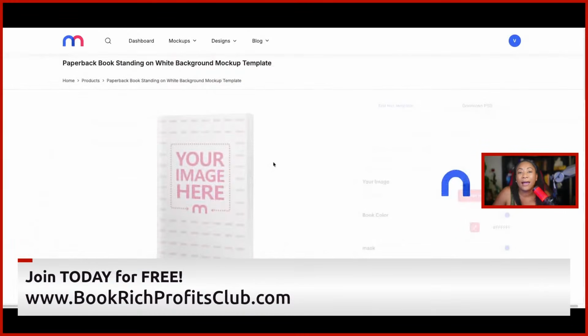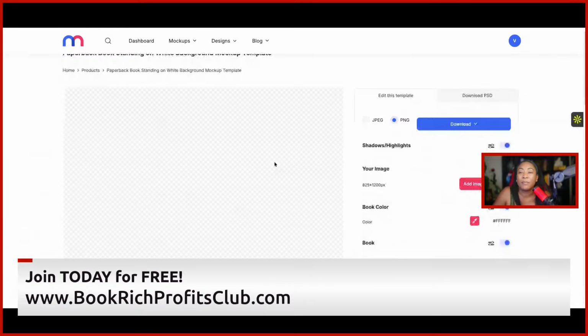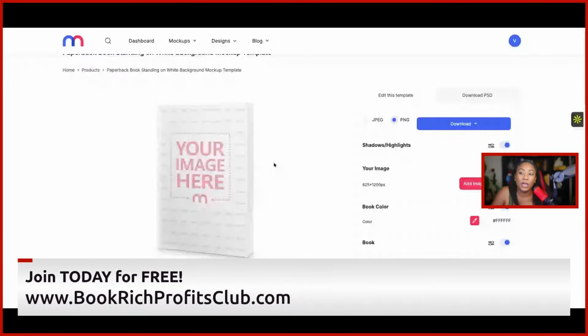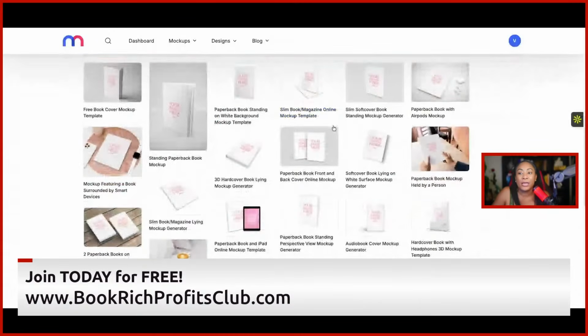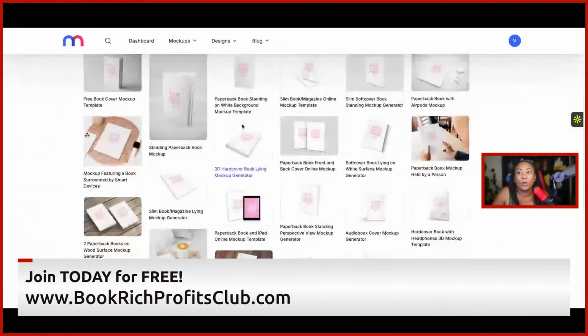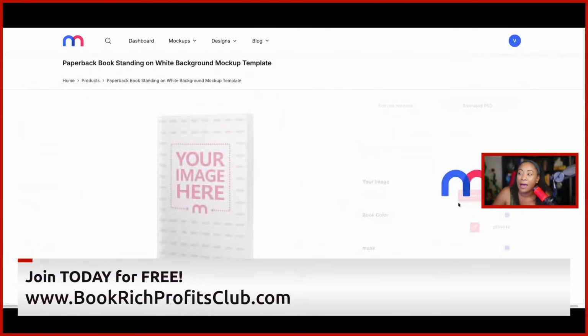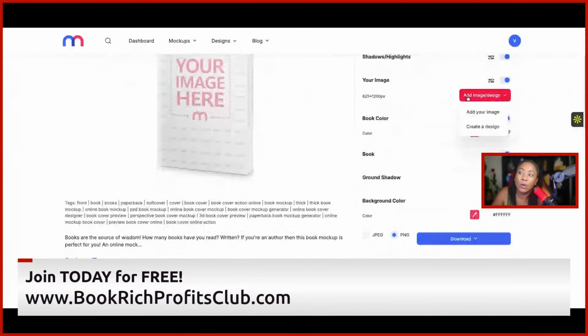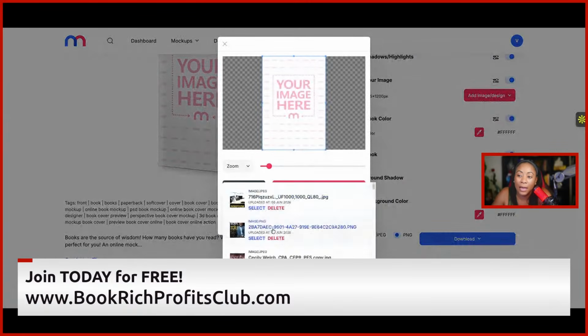Yes, we still have AI and AI can make a lot of images and stuff, but I like Media Modifier because I can go in here and look at 3D images that I want to make for my book. It's like I have a little bit more control. The challenge when you're making AI is, yes, you can give it a really good prompt, but you still have to rely upon what it gives you.